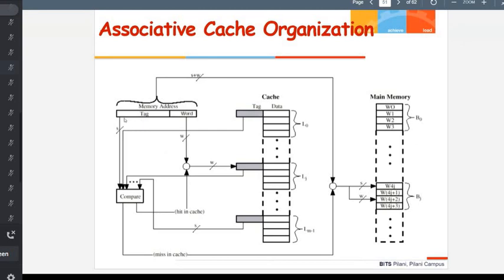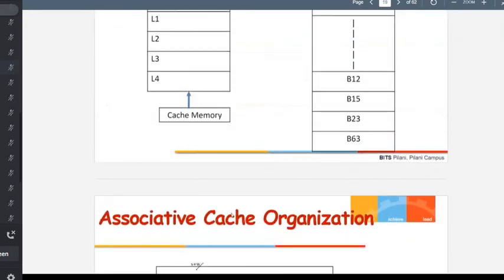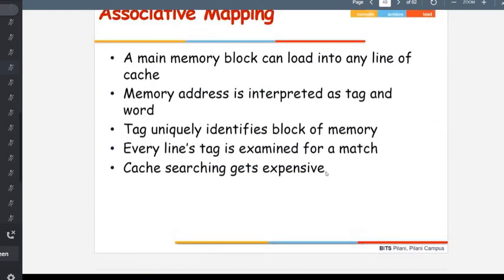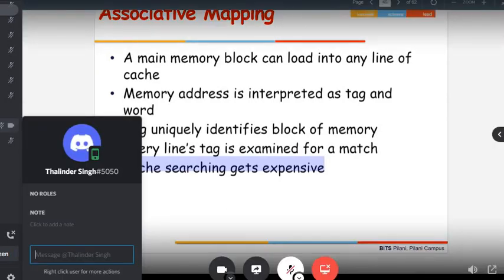So when comparing the memory address, it will compare the tag of the memory address with all the tags that are present inside the cache. That is why it is mentioned that it's a very expensive, resource intensive process, because it compares one memory tag to all the memory tags, like a linear search. For linear search the complexity is O(n), for binary it is O(log n), so similar in that case. It searches all the tags in the cache lines, iterating through each individual line, and hence it becomes very expensive. And it can be loaded into any line.